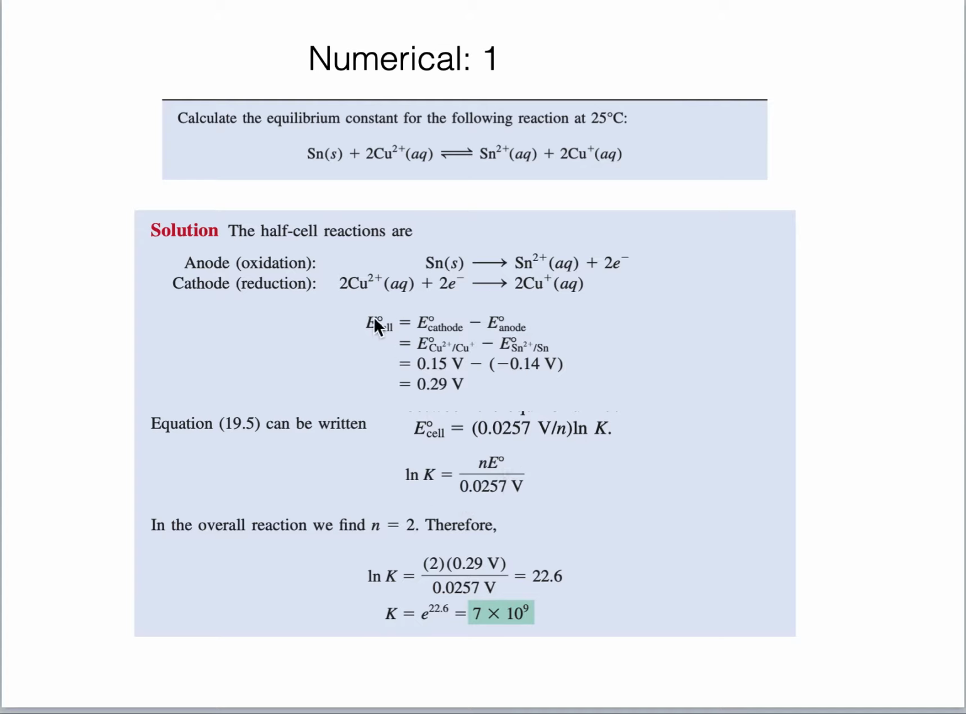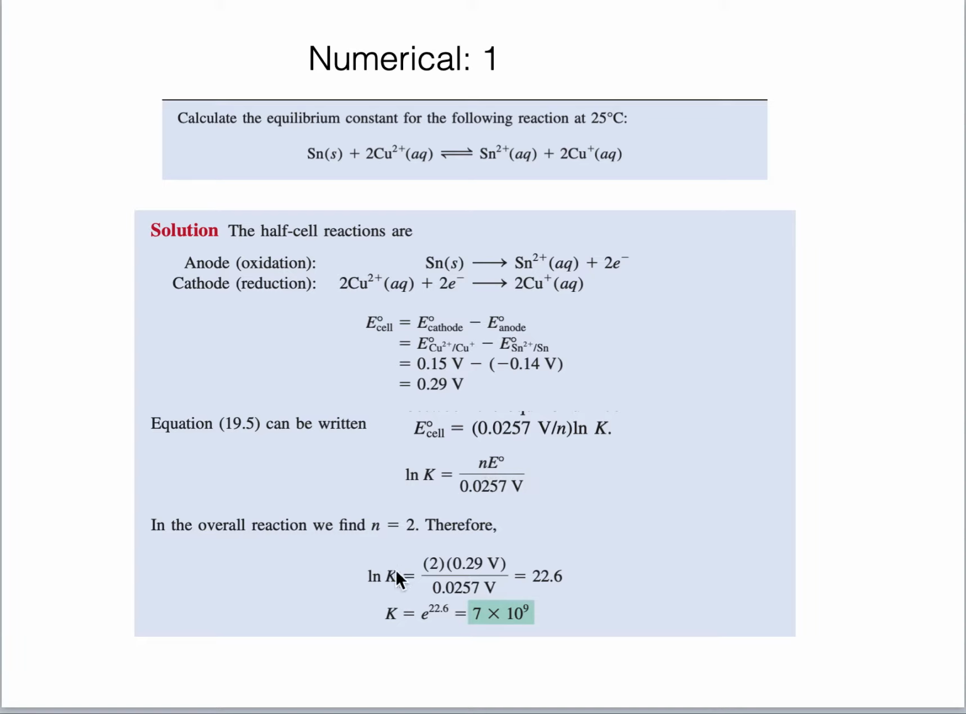So E naught cell can be calculated by this formula: E naught cathode minus E naught anode. These values you can get from the electrochemical series. For copper 2 plus, copper plus 1 reduction potential, and for stannous 2 plus, 2 stannous reduction potential. You will take these values from the electrochemical series and you can calculate the E naught cell, which comes out to be 0.29 volts. Now putting this value of 0.29 volts, and we know that n is 2, we can calculate